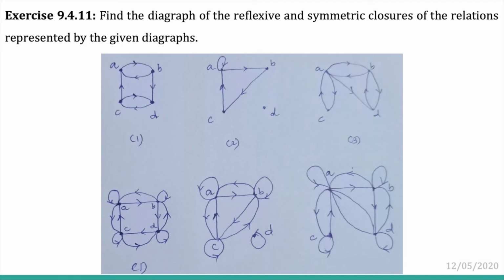The reflexive and symmetric closure of a relation can be obtained very easily when the relation is represented by a digraph. Whenever the loops at the nodes are absent, we can find the reflexive closure of the relation by simply adding those loops at the nodes. To find the symmetric closure of the relation, we have to ensure that whenever an edge between two nodes exists in a relation, it must be a part of a cycle of length 2 between these two nodes. By ensuring that both the loops and the cycles of length 2 exist whenever required, we can find the reflexive and symmetric closure of the given relation.